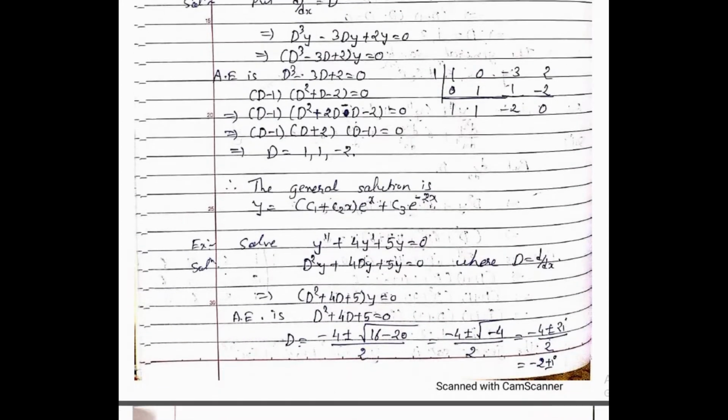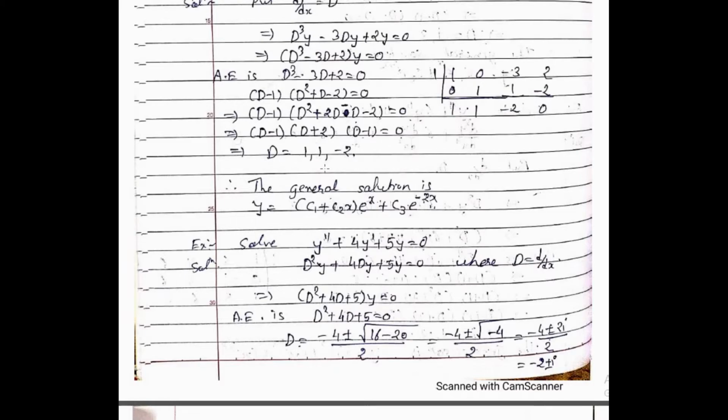Now factorizing it by synthetic division. One factor is D - 1. Another factor is D² + D - 2. Here again factorizing this one, that will give you D² + 2D - D - 2 = 0. So you have factors (D - 1)(D + 2)(D - 1), so you have the solutions D = 1, 1 and -2. Now see, 1 is a case of repeating real, and -2 is real and distinct.